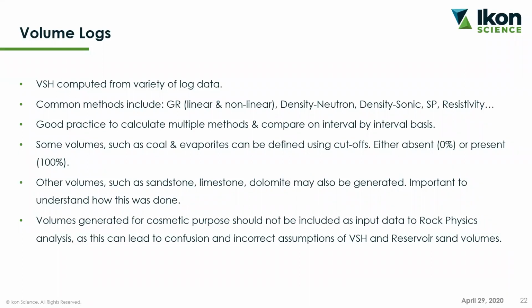Some volumes such as coal and evaporites can be defined using cutoffs. So they're either absent or present, 0 or 100%. Other volumes such as sandstone, limestone, and dolomite may be generated, but it's important to understand how this was done. Before you pick them up and use them in rock physics as volumes, were they done just to create sort of a pretty picture, for cosmetic purposes, or were they actually calculated as part of the petrophysical calculation